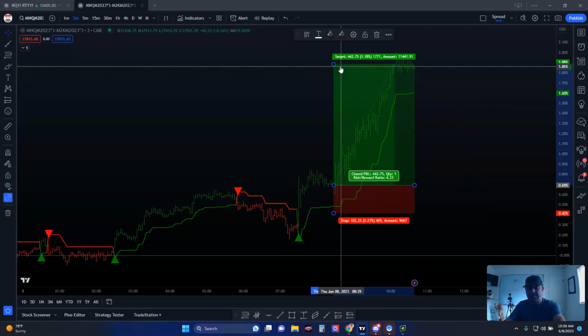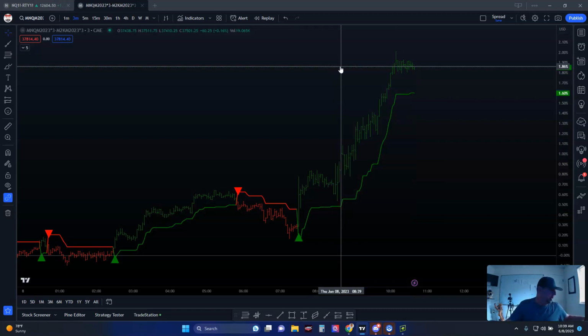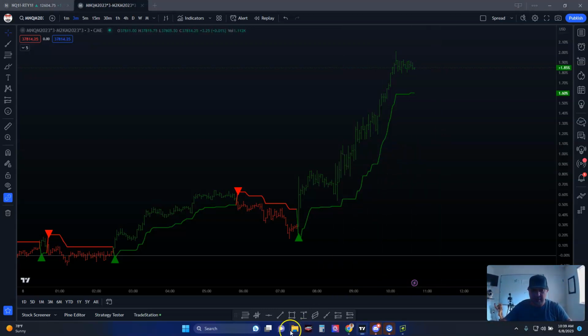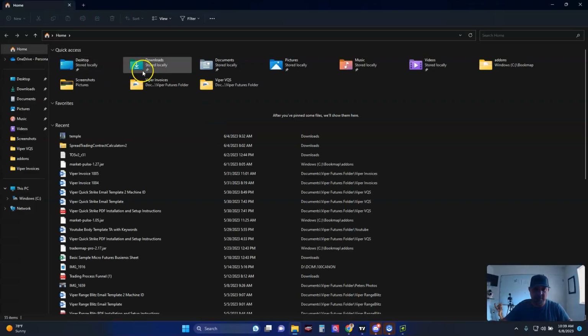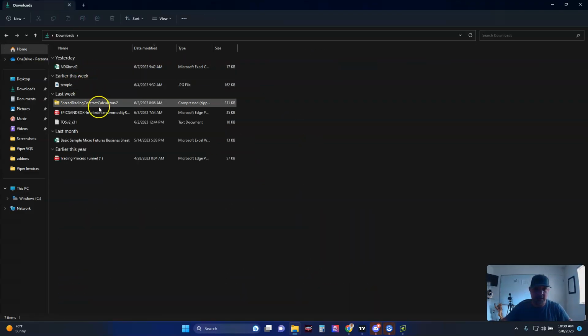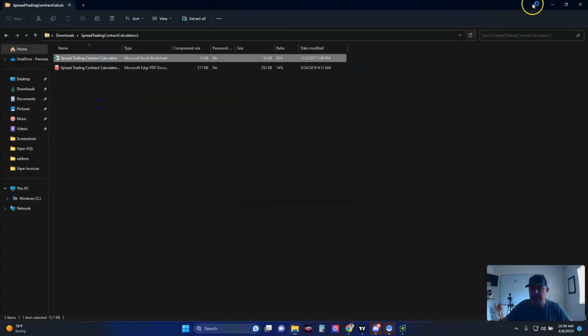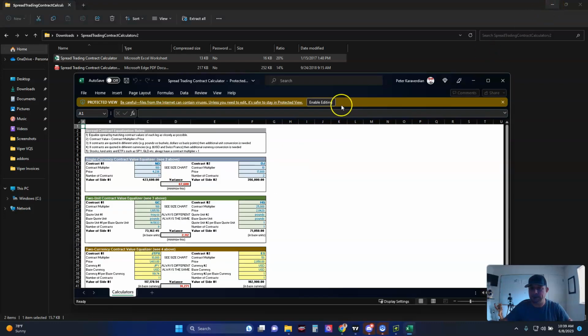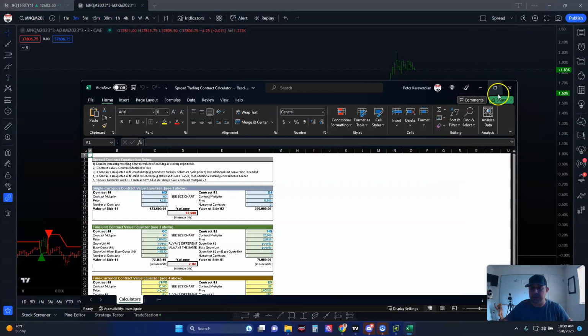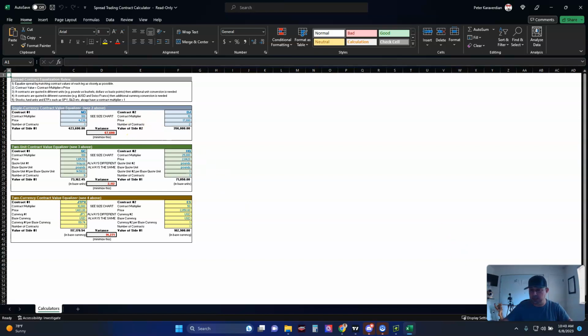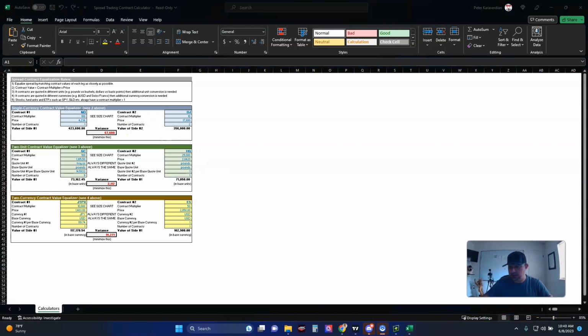Again, if you guys wanted to find out about spread trading, contract calculators, how to build ratios, I found a pretty cool actual individual that gives a free Excel calculator for this. And what it looks like is, let's see if I can pull this up. Spread trading calculator. It'll look something like this. And then let me enlarge this,